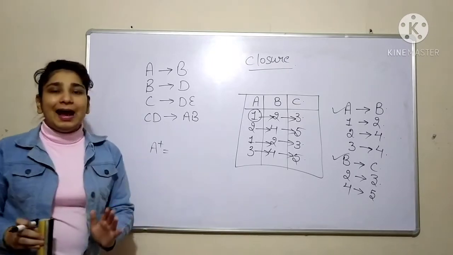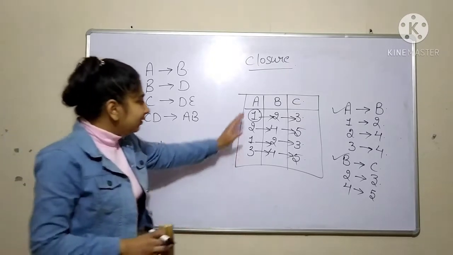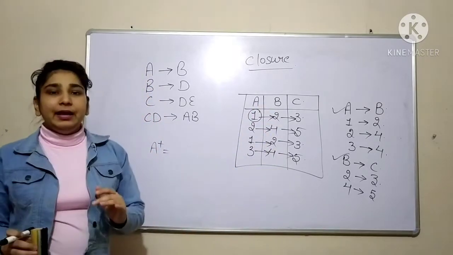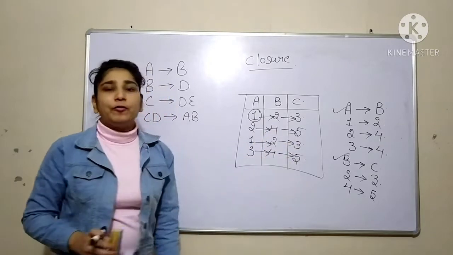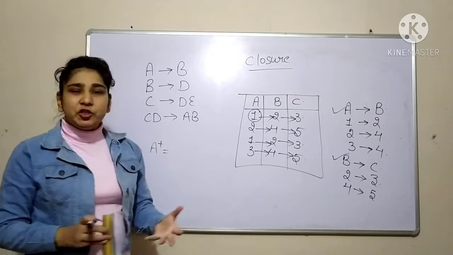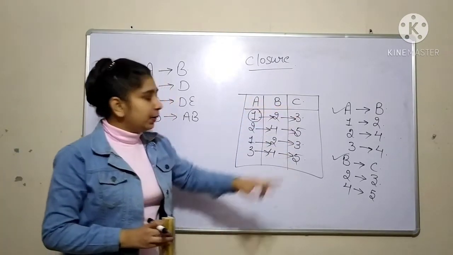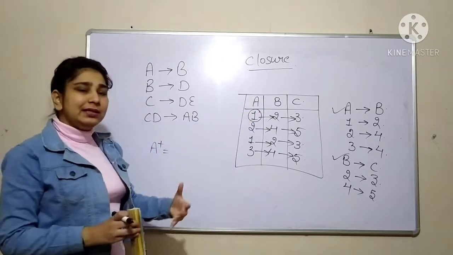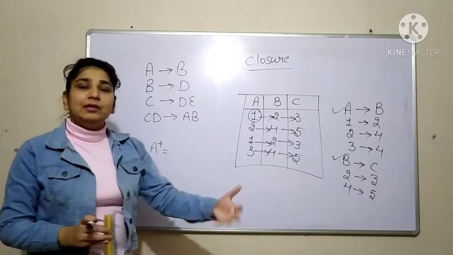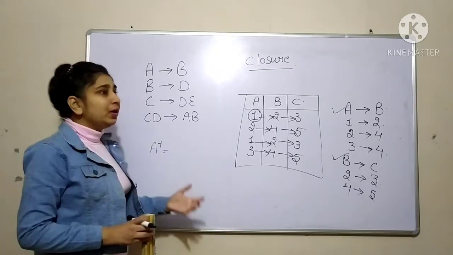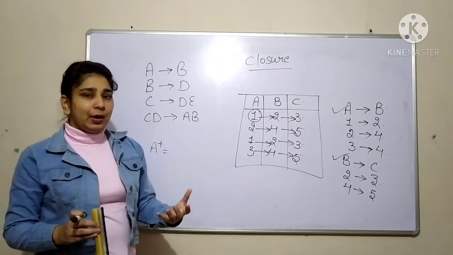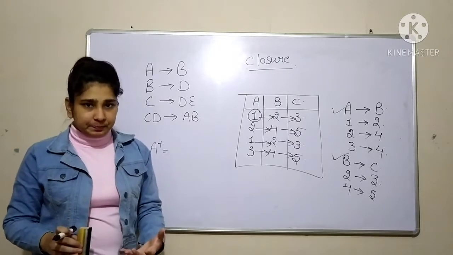It is not that you will be given the data of the relation and then find the candidate key by looking at the data. You would just be given the attributes and the dependencies, how one attribute is dependent on another attribute. Just with the help of knowledge of attributes, you have to find out the candidate key.